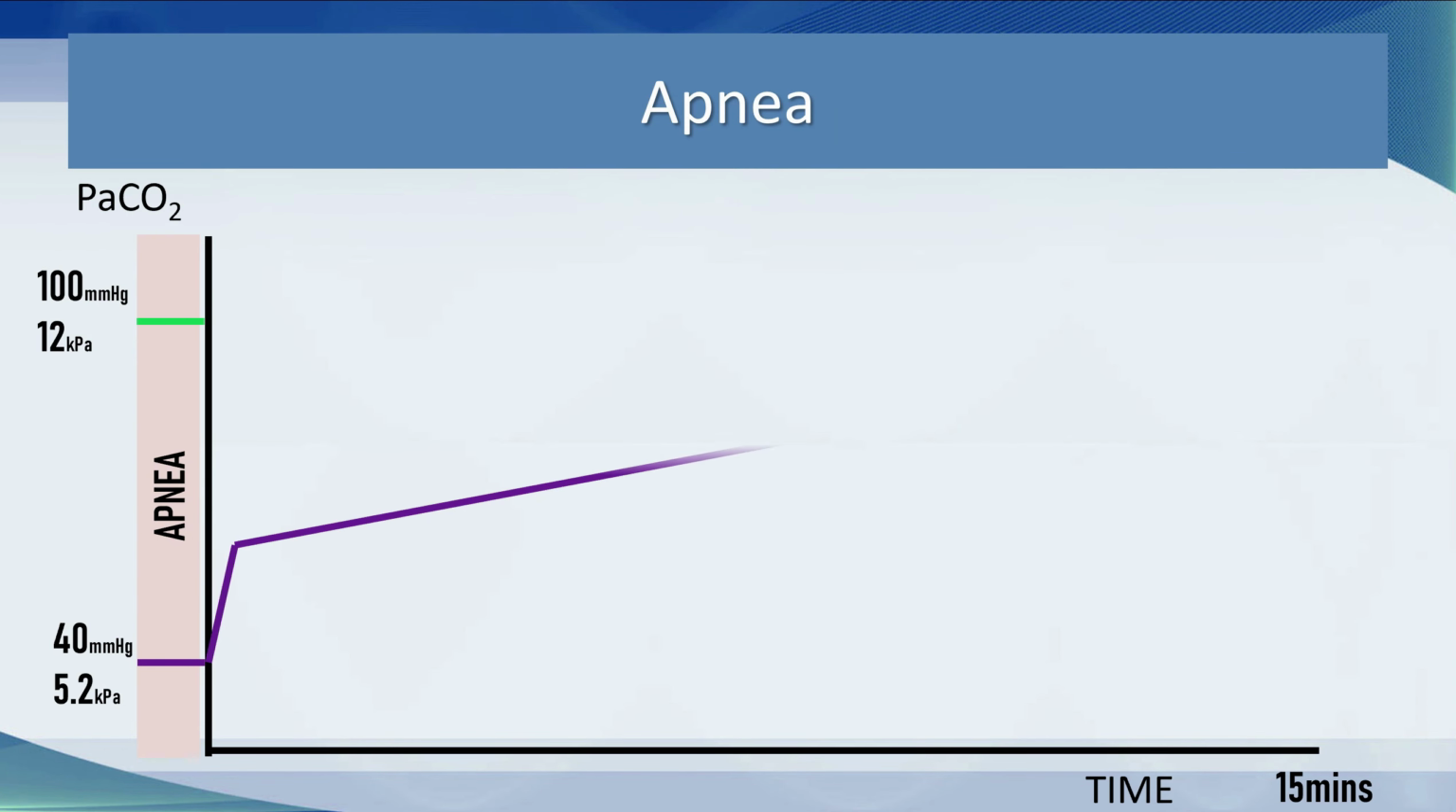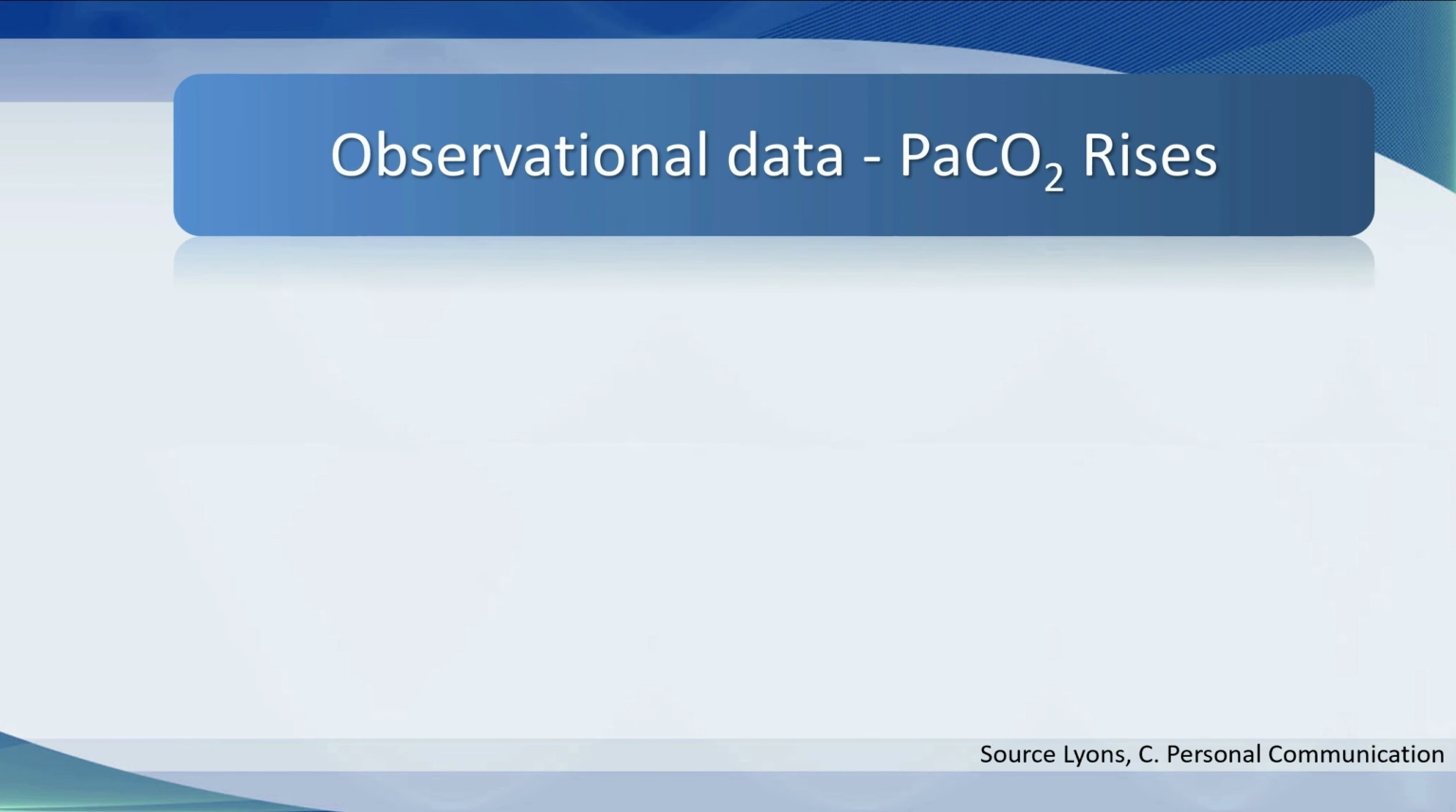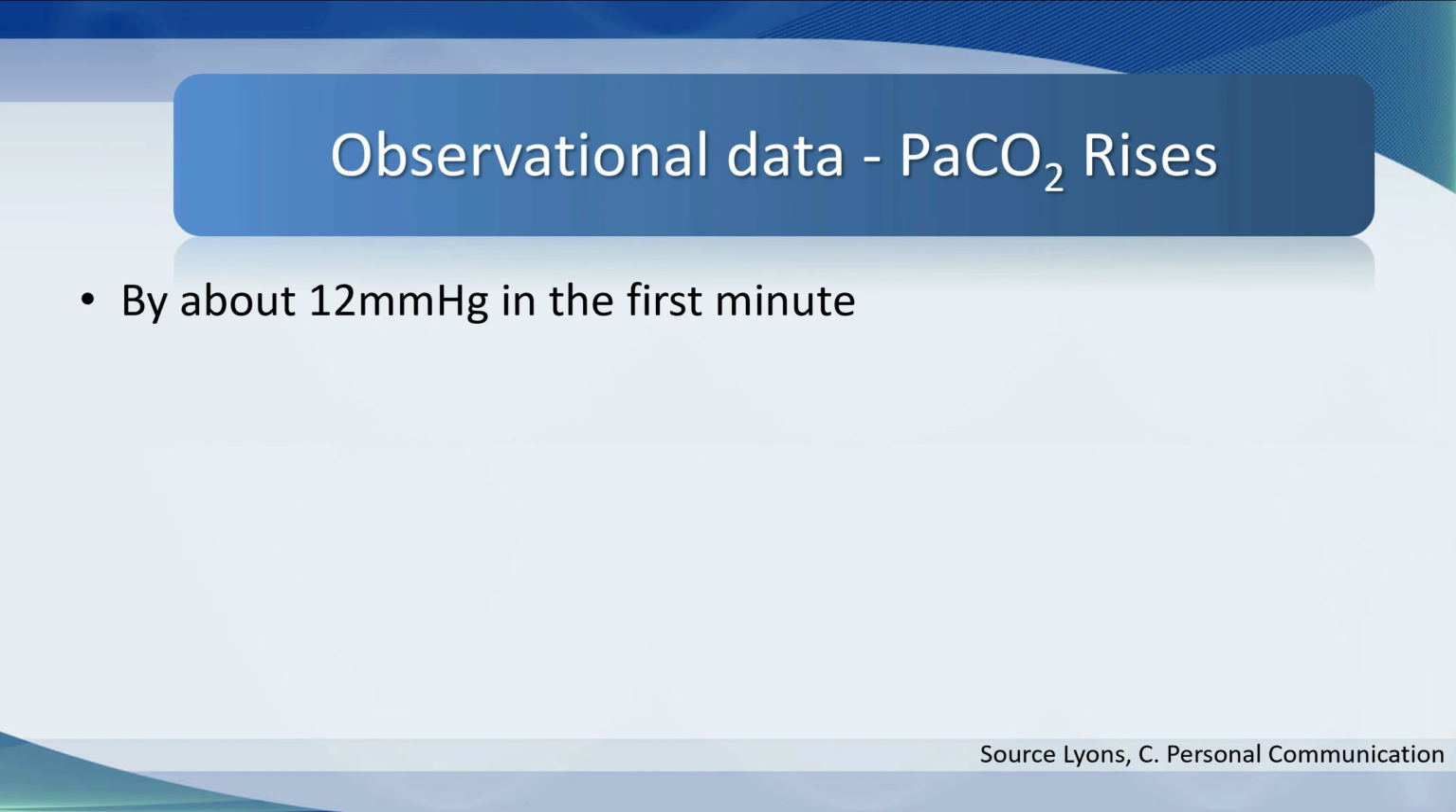And this is what happens to the partial pressure of carbon dioxide over time. It rises by about 10 millimeters of mercury or 1.3 kilopascals in the first minute, and then it rises very predictably by 3 or 4 millimeters of mercury or 0.5 kilopascals every minute thereafter. 12 millimeters of mercury in the first minute, 3 to 4 millimeters of mercury per minute thereafter, so that after